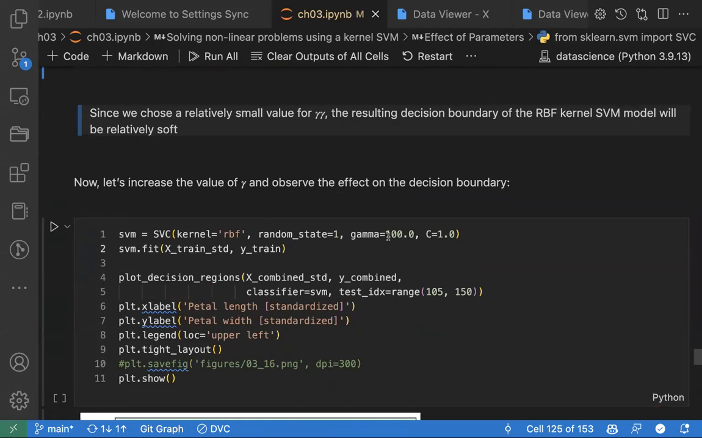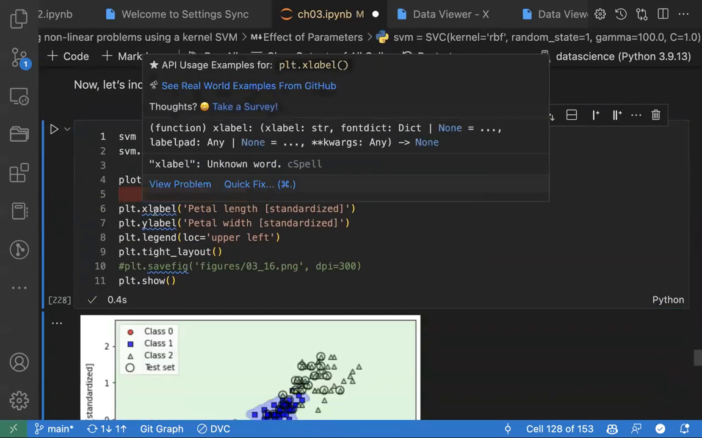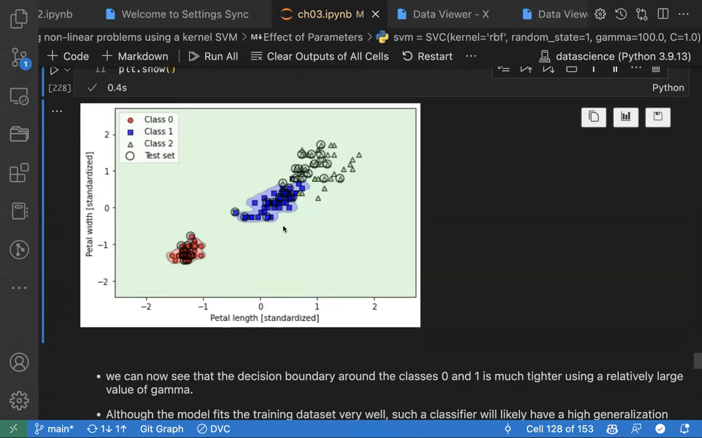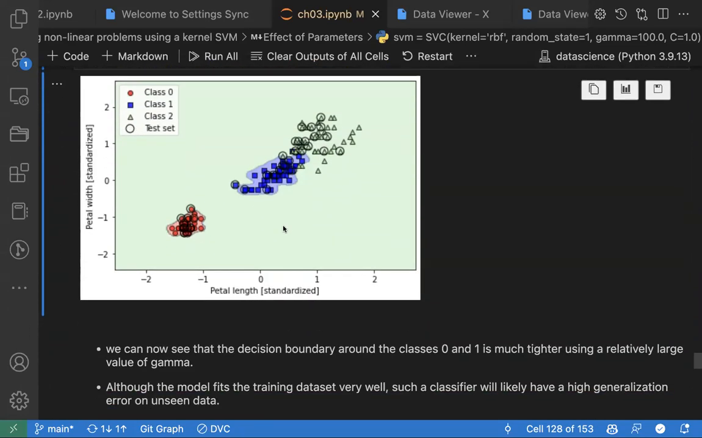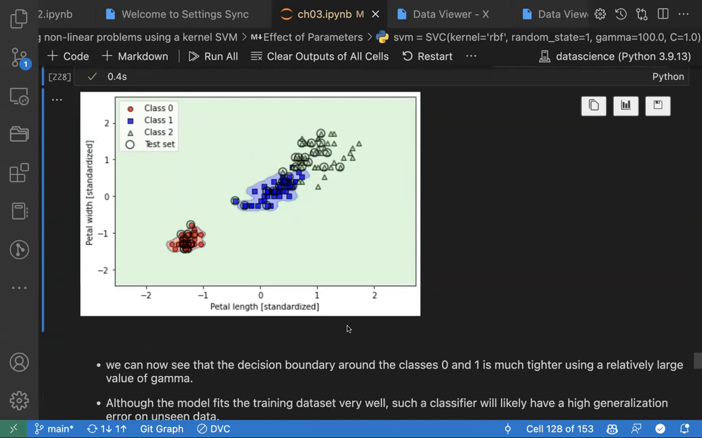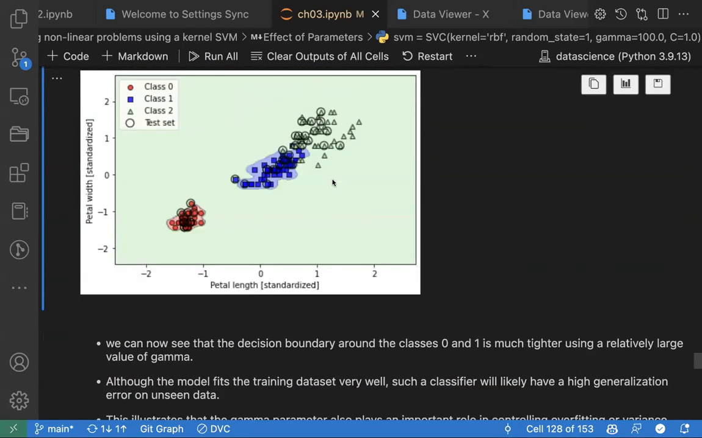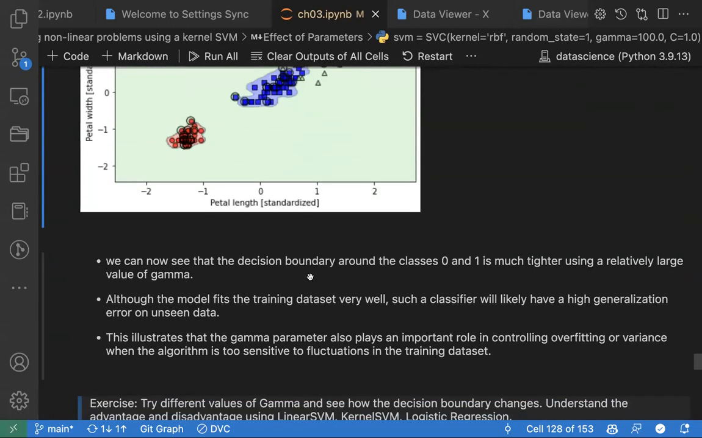So let's increase the gamma to 100 and C equals 1. When we increase the gamma to 100 and run it again, look at what happens. We can now see that the decision boundary around class 0 and 1 is much tighter, right? The decision boundary is much tighter with a relatively large value of gamma. Although the model fits the training data set very well, such a classifier will likely have a